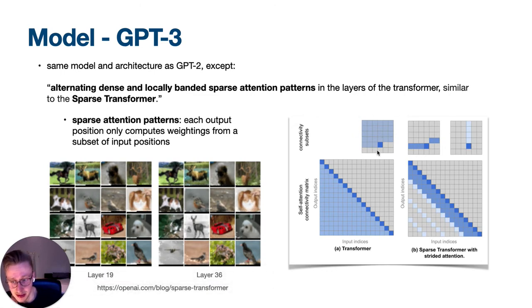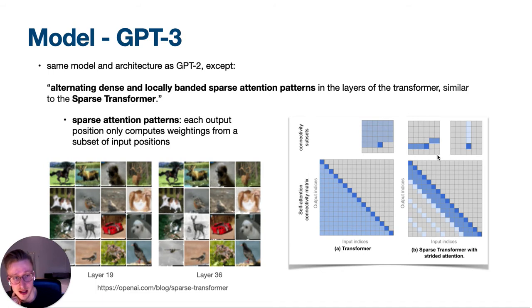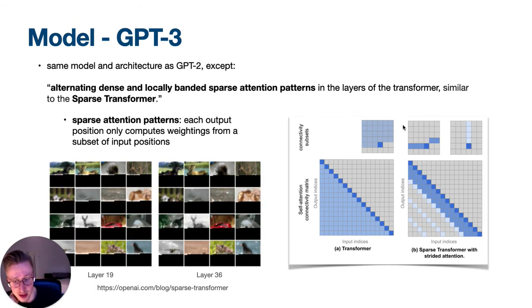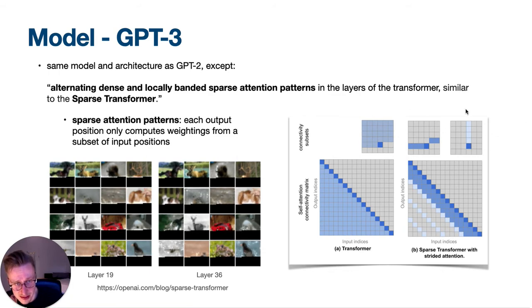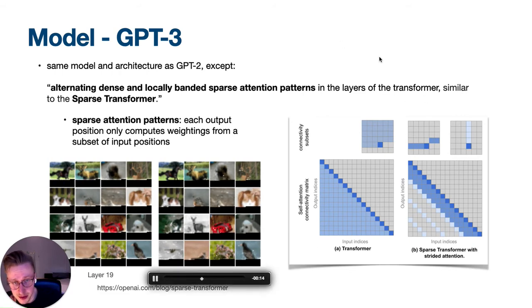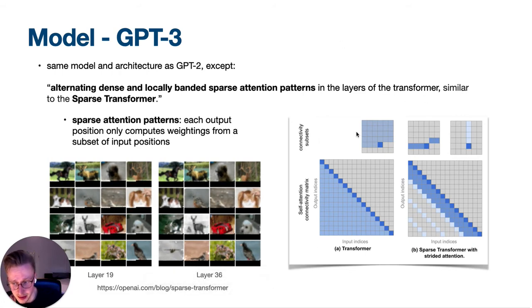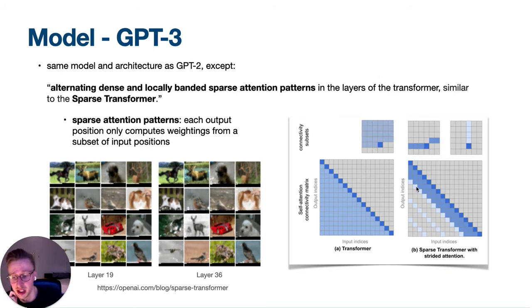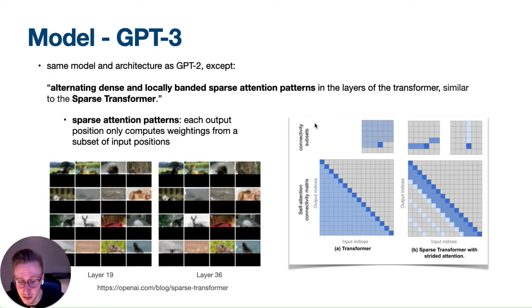They introduce sparsity inside those attention matrices, and how they do it is by factorization into those two-dimensional connectivity subsets that you can see here. I don't want to go into too much detail on the calculation happening here, but what's important to know is this basically reduces the computation time and the memory consumption of transformers. And in the end, this is what makes it possible to train attention networks with hundreds of layers and on very long sequences.